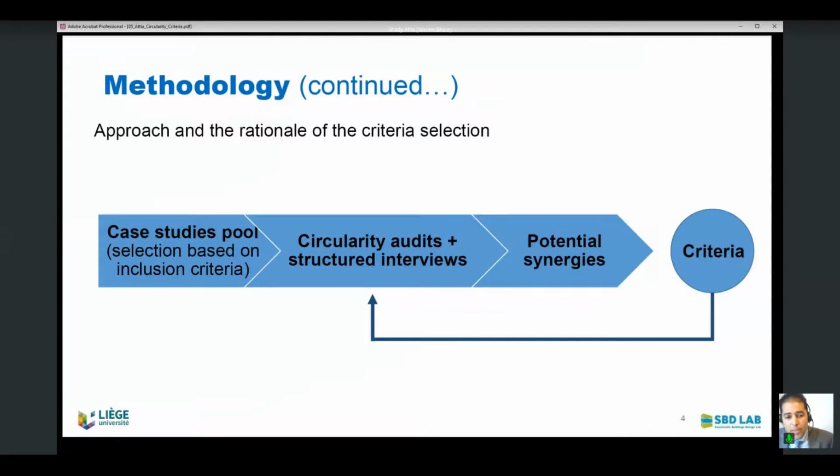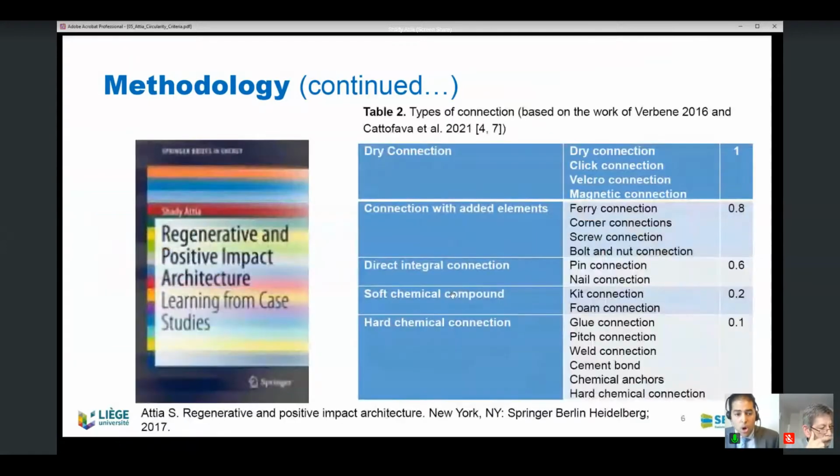What was this approach that we used in this study? We had simply a pool of case studies that we used. We applied our circularity audits and structured interviews, and finally, we benefited from the synergies and validated that through visiting the building several times. Also, we based our criteria on existing studies found in the literature. There is a previous book and previous work by Verdena and by Attia. We based our way to audit the buildings on checking the connections, whether they are dry connections or soft chemical compounds, gluing,